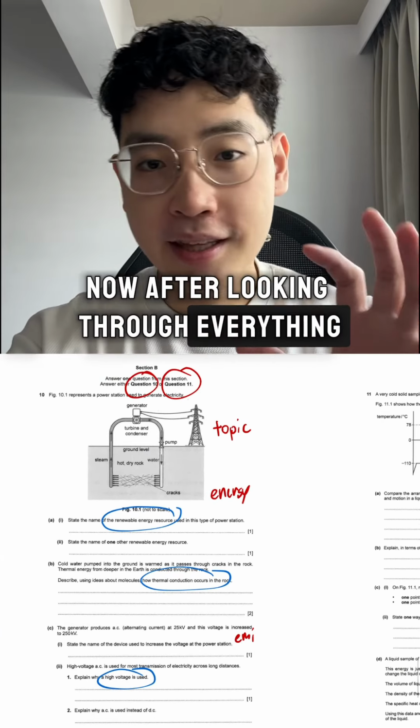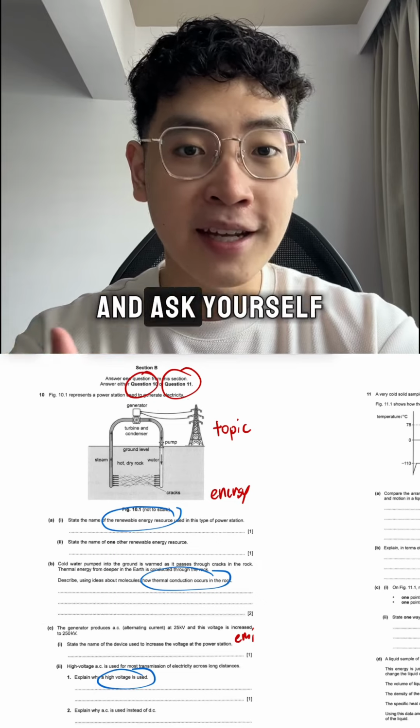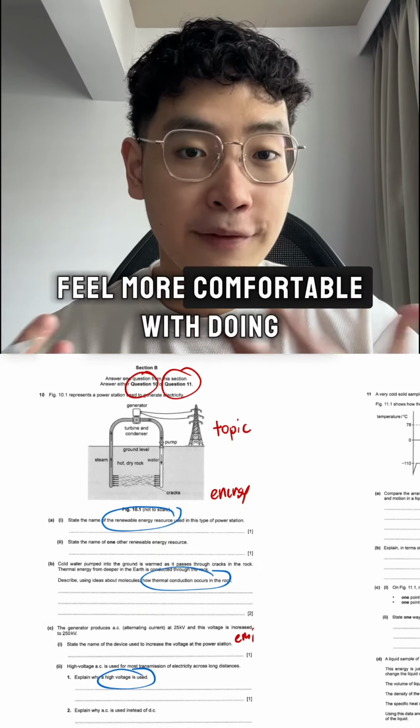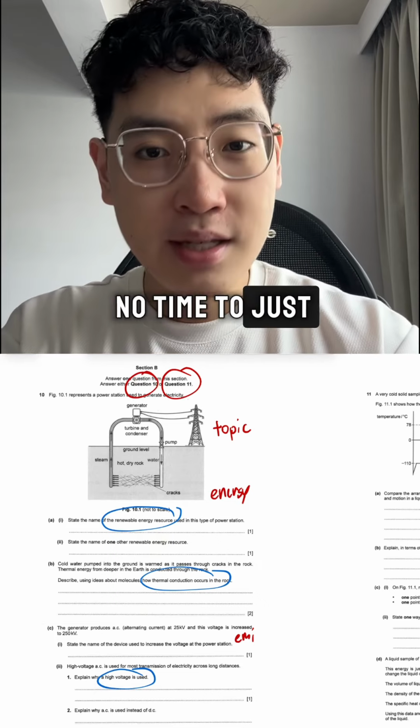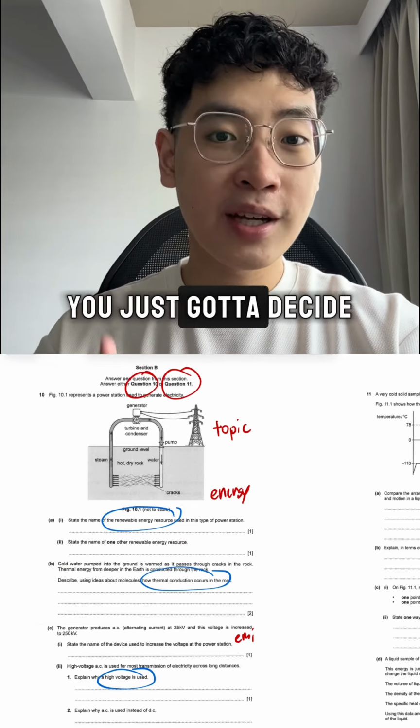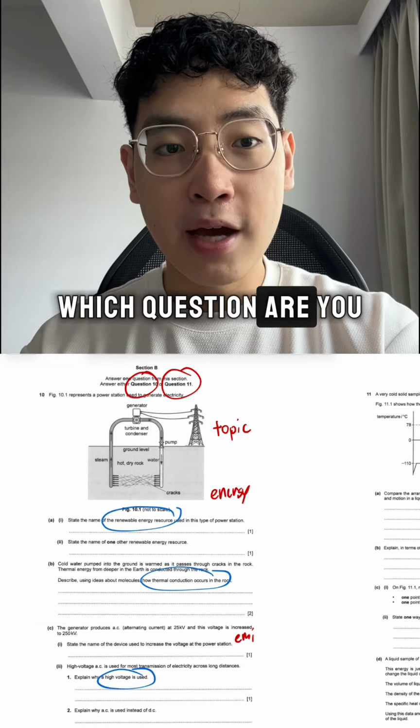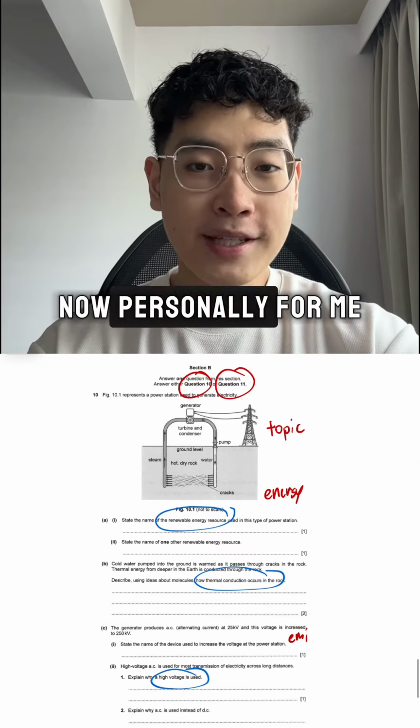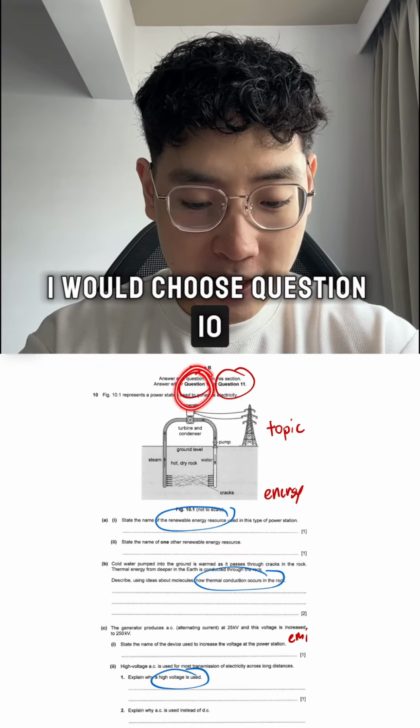Now after looking through everything, the last step is to just trust your gut feeling and ask yourself, which question do you feel more comfortable with doing? Right, because you have no time to just one by one do all the questions. You just gotta decide at the end of the day which question you are more confident in doing, and just go for it. Now personally for me for this year, I would choose question 10,